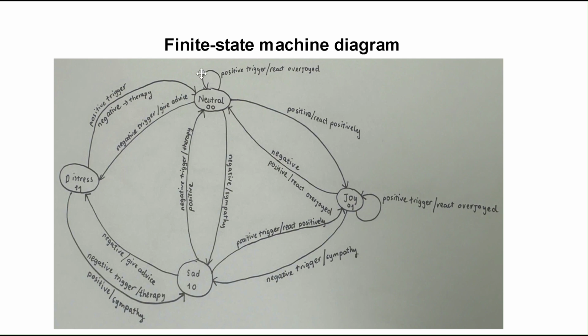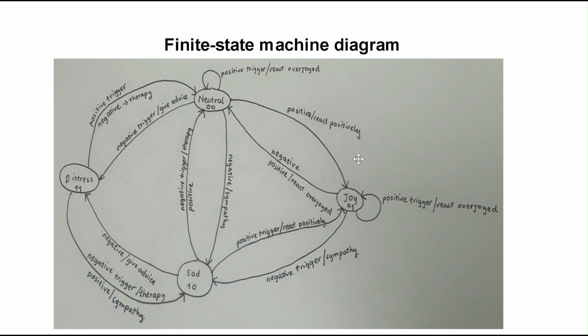For example, we will start at the neutral state, which has the mood scale equal to 0, based on the rank of scale I talked about above. And for example, if the human mood now is positive, like they enter from the keyboard that they are happy, the program will categorize it as positive input. Based on the calculation I talked about, it will use the current state plus the input to move to the next state and generate appropriate output. So now we are in the neutral state with a 0, and plus 1 from the positive. So the total now is 1.